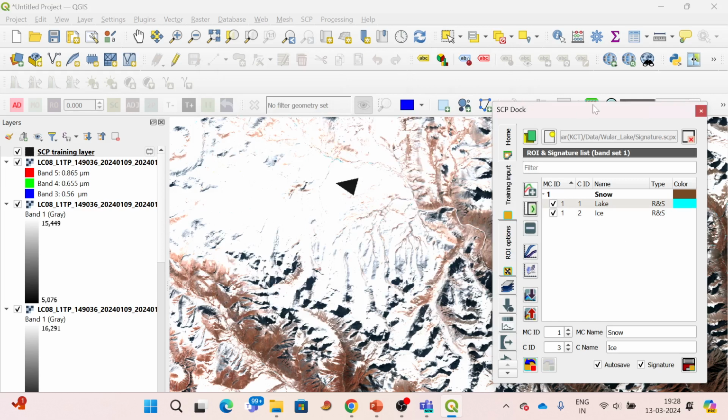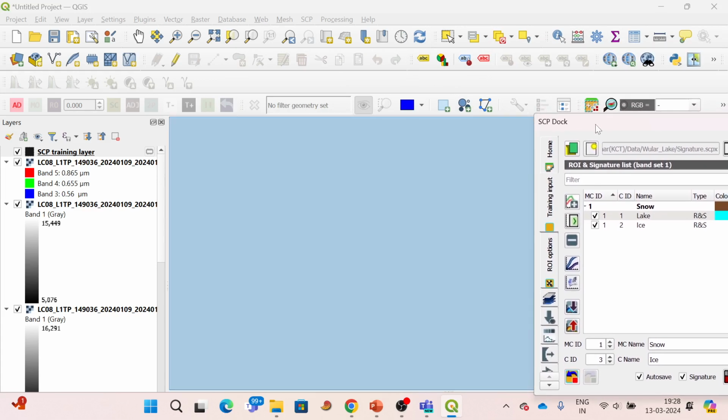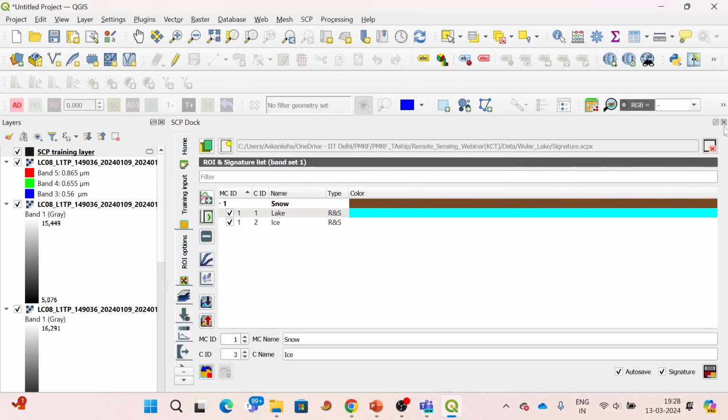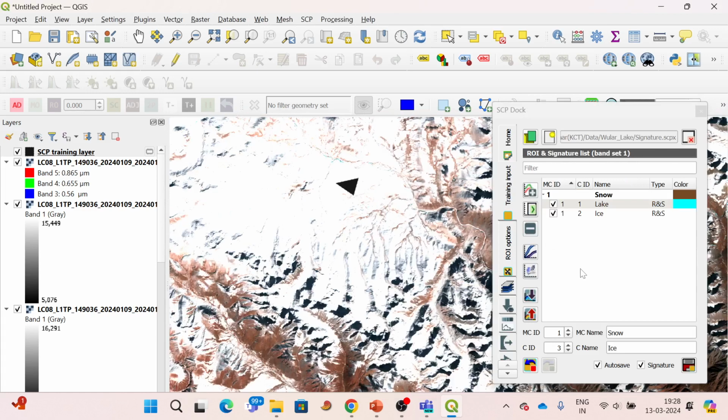Okay, now you can add other things also. So this is how you do it, what you are doing is adding the training sets. Okay, and then